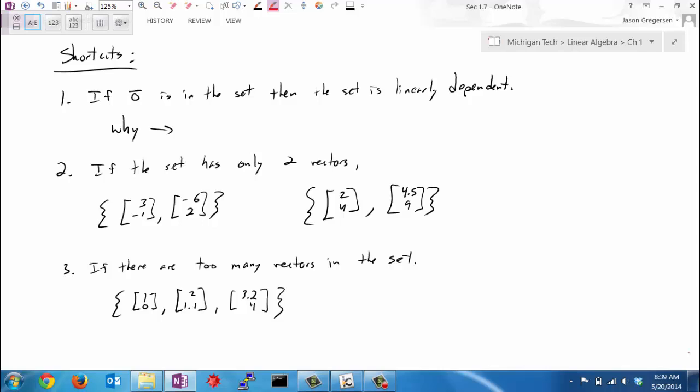Why don't you take a second and chat with your neighbor and see if you can come up with a reason for why that makes sense. Feel free to write some stuff down here. Think about the definitions. What is the definition of linearly dependent? What would that mean? Write something down and see if you can come up with